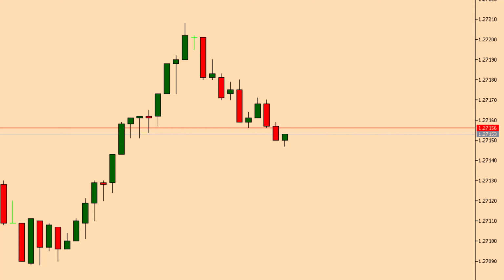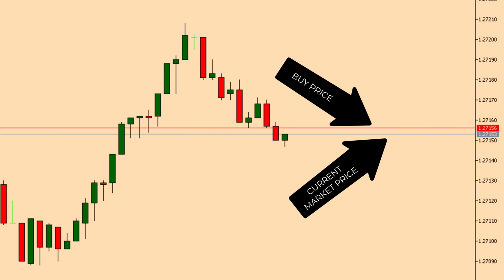Basically, a broker with low spreads means that you are able to buy or sell very close to the current market price. So you can imagine the spreads as two lines, the top one being the buy price, and then the bottom one would be, in that case, the market price. The closer these lines are, the better, and that means the closer they are, the lower the spreads are on